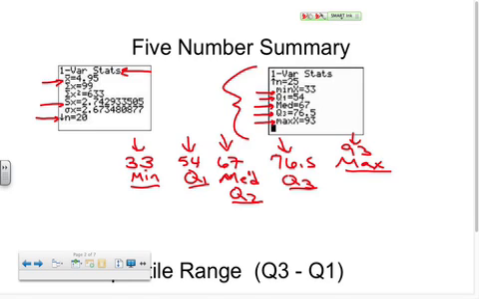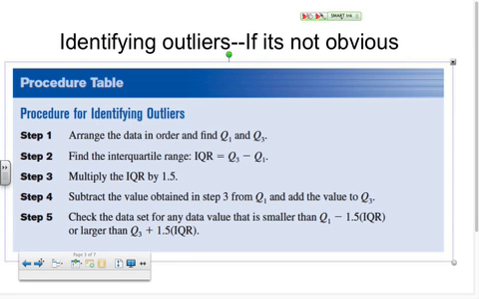Okay, so how do we use this and what does it mean? Oh, whoops. I guess that's not what we're talking about next. We need to talk about outliers. Okay, now outliers are usually fairly easy to identify, but occasionally you may have a set of data and you don't know for sure if it is an outlier. So you're going to use a formula